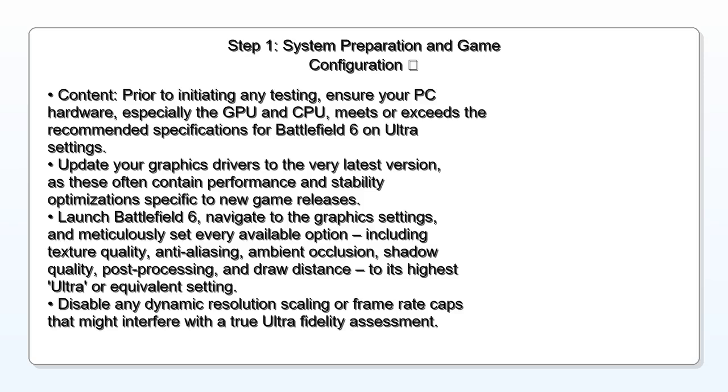GPU, meets or exceeds the recommended specifications for Battlefield on Ultra settings. Update your graphics drivers to the very latest version, as these often contain performance and stability optimizations specific to